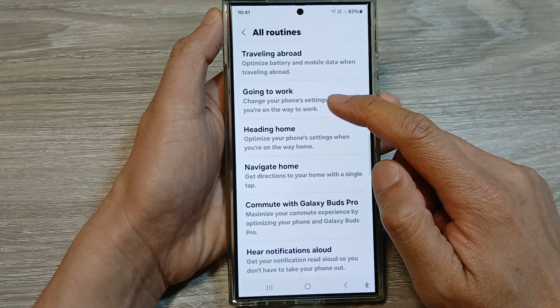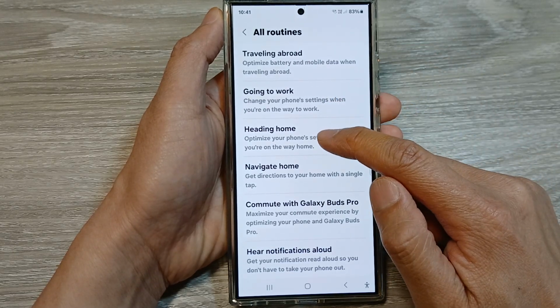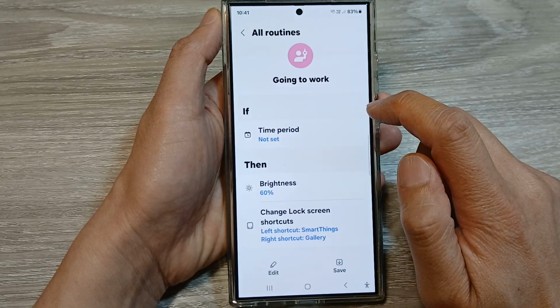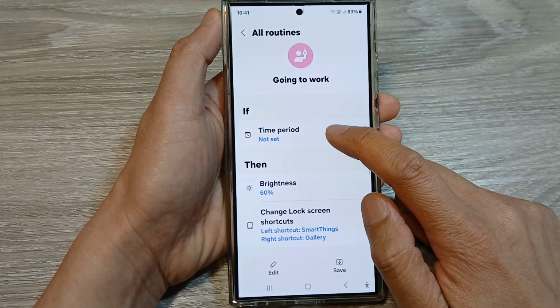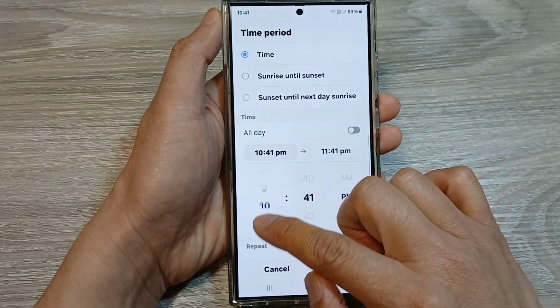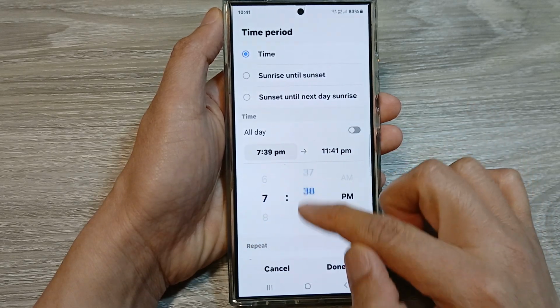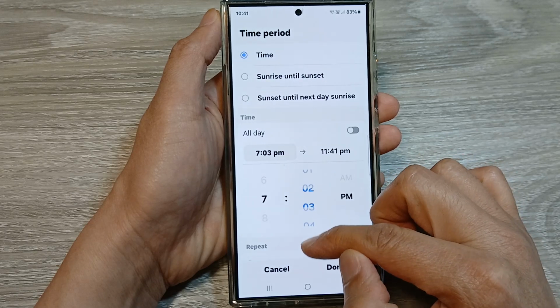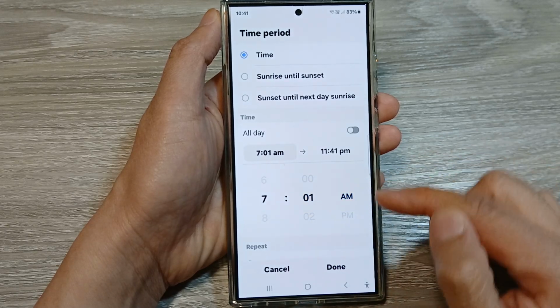Next, you can choose going to work routine or add a heading home routine. So here I'm going to tap on going to work. Then in here we tap on time period and set your time. So let's say we go to work at 7